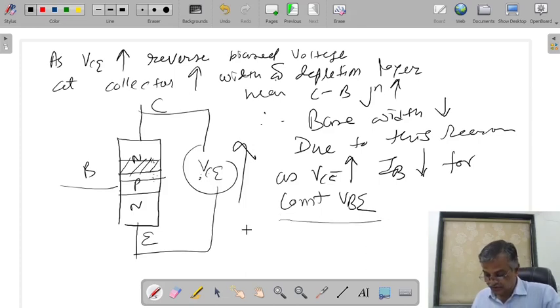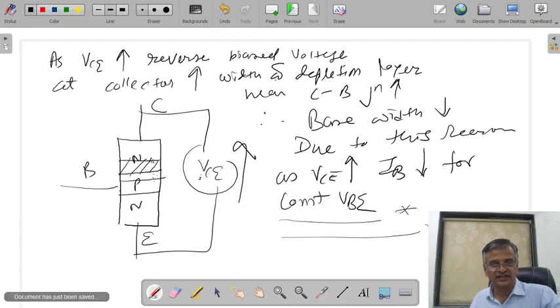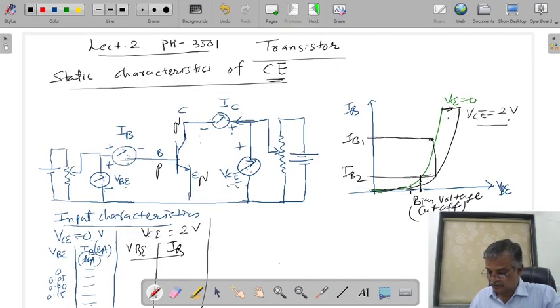So this is about your input characteristics. So what about output characteristics? Before going forward, what is the conclusion? Conclusion is to operate your bipolar junction transistor at the input section, if you want to conduct the transistor, then minimum this much value of the voltage is required. This is the most important thing for your understanding.